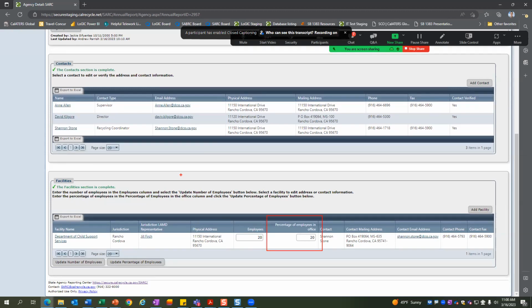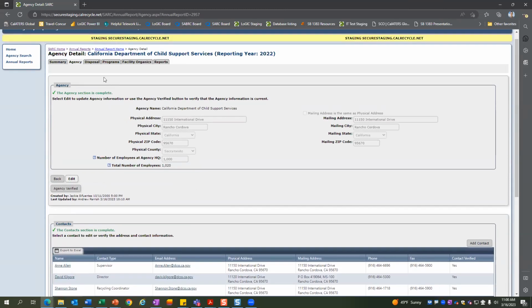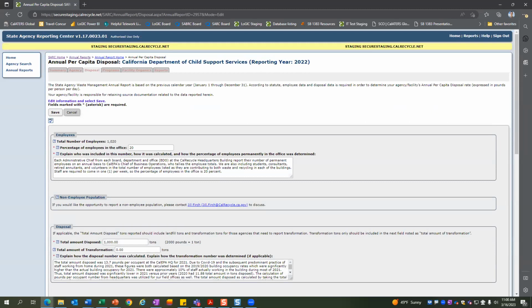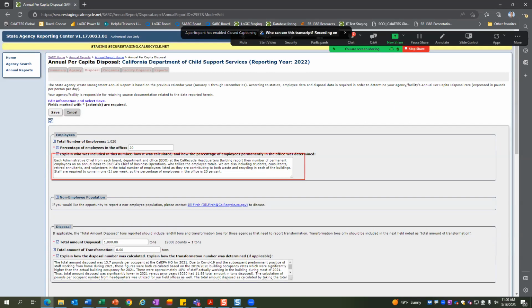Determining the percentage, please. Yeah, so the important part when you're determining that percentage, and I'm going to go back to the section of how you went about determining that factor. The example that we use here is that if staff are required to come in 1 day per week, since there's 5 days in a week typically, that would be 20% of employees in the office.